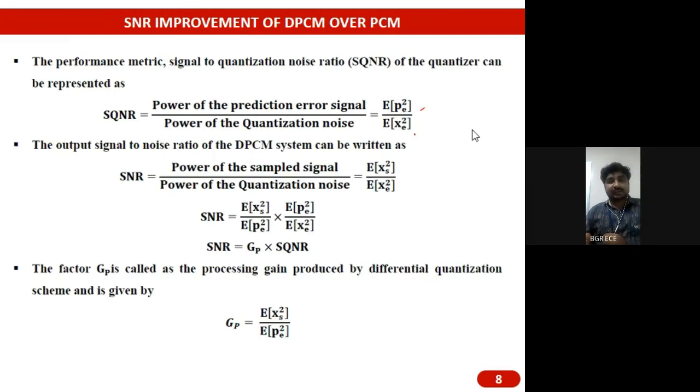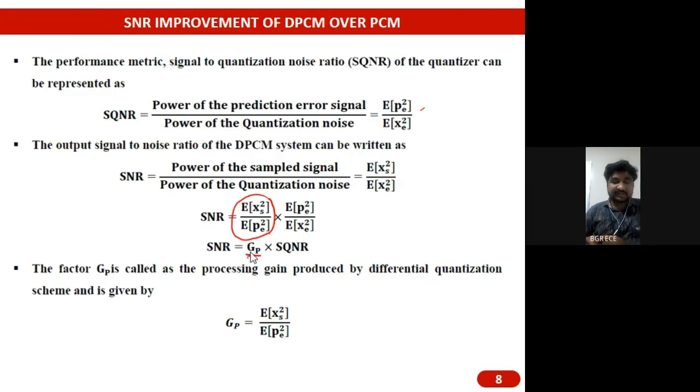And the output signal to noise ratio of the DPCM system is nothing but the ratio between the power of the sampled signal to the power of the quantization noise. And the power of the sampled signal can be written as the mean square value of the samples, and the power of the quantization noise can be written as the mean square value of the quantization error. And now for convenience, I am dividing and multiplying the mean square value of the prediction error, that is the power of the prediction error, on both the denominator and the numerator, and this expression will now become